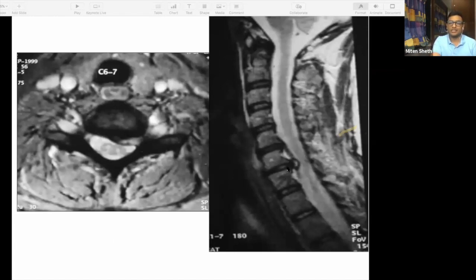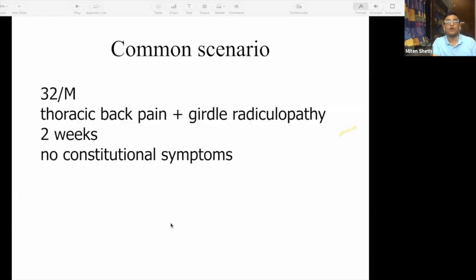You're going to see a soft disc or a white spot. So this explains the locking of your neck, which is an annular tear, and because it has torn on the left side, the left lateral recess is stenosed and can explain the left-sided radiculopathy. So this is how your cervical PID is going to look.